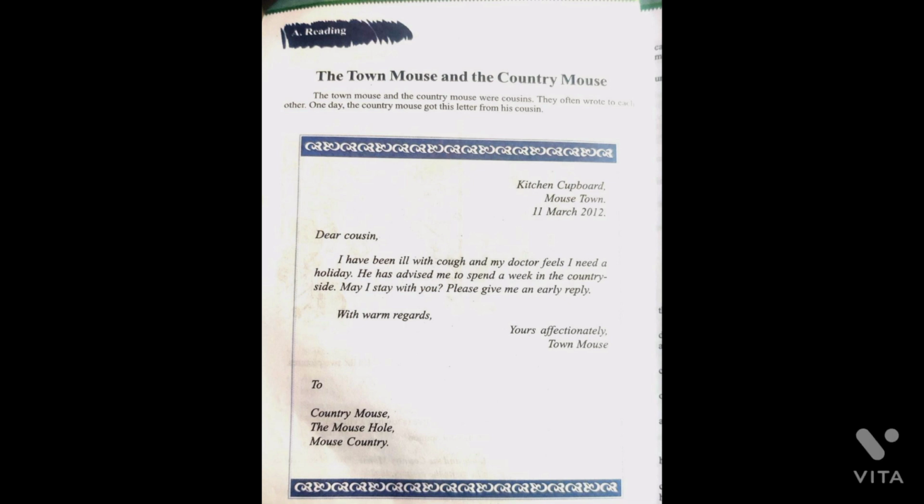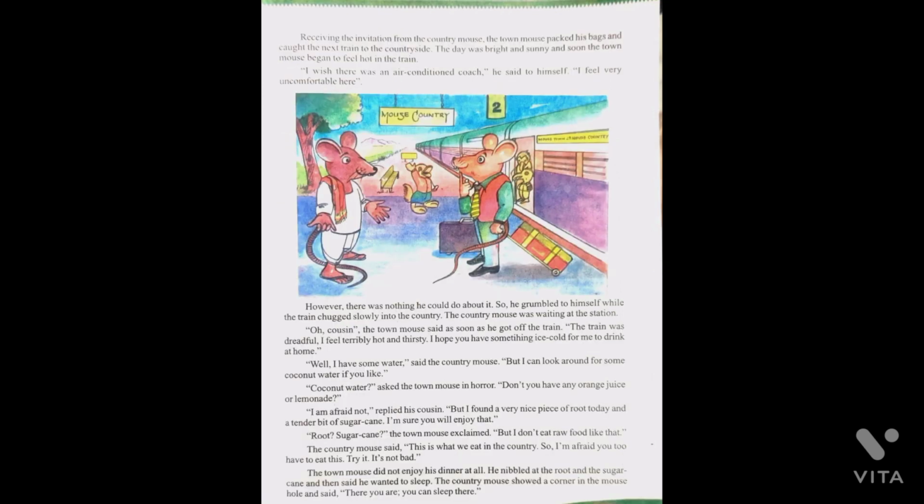So, receiving the invitation from the country mouse, the town mouse packed his bags and caught the next train to the countryside. After receiving the letter from the town mouse, the country mouse had given an invitation saying that you can come to our place.